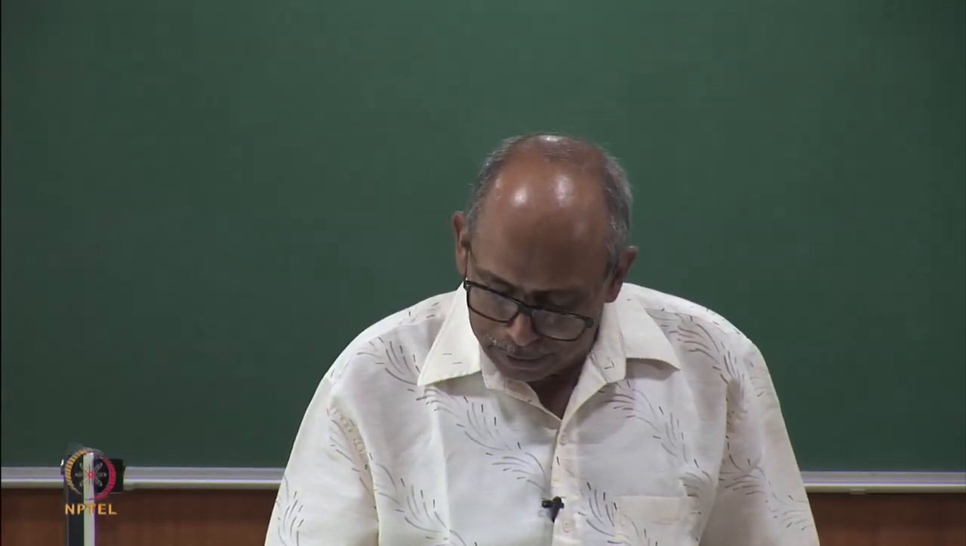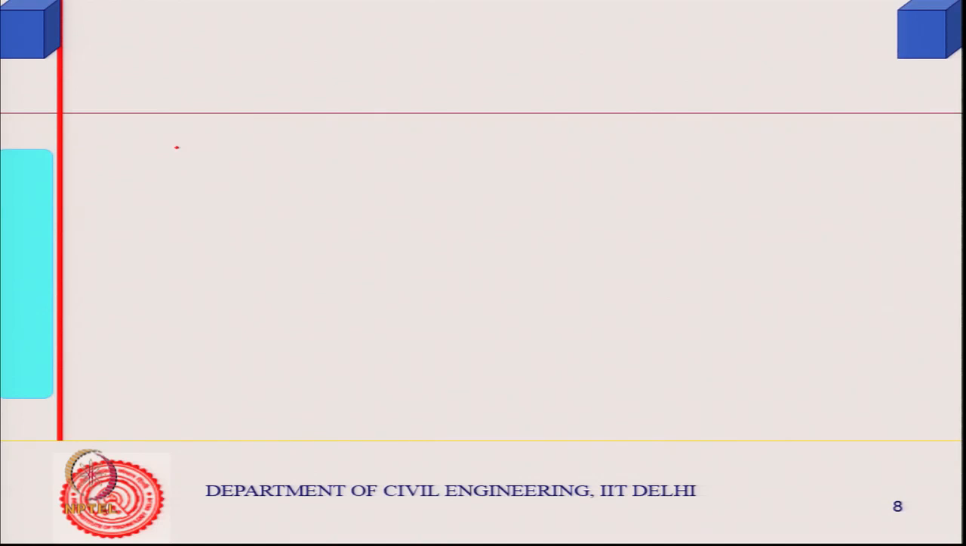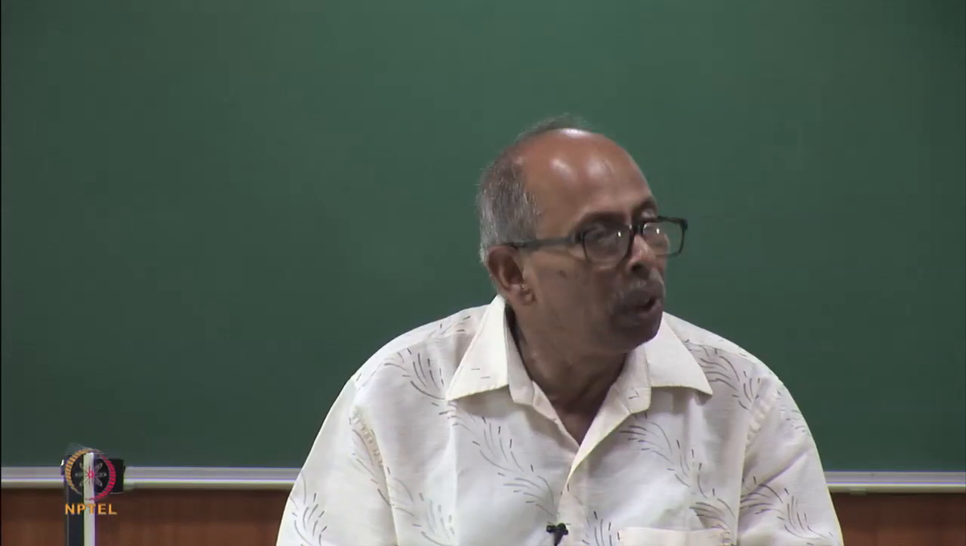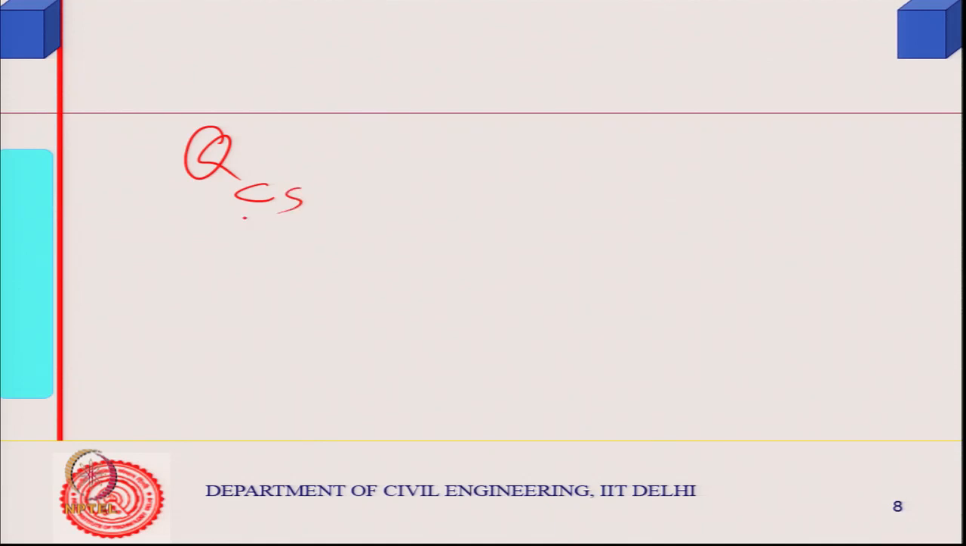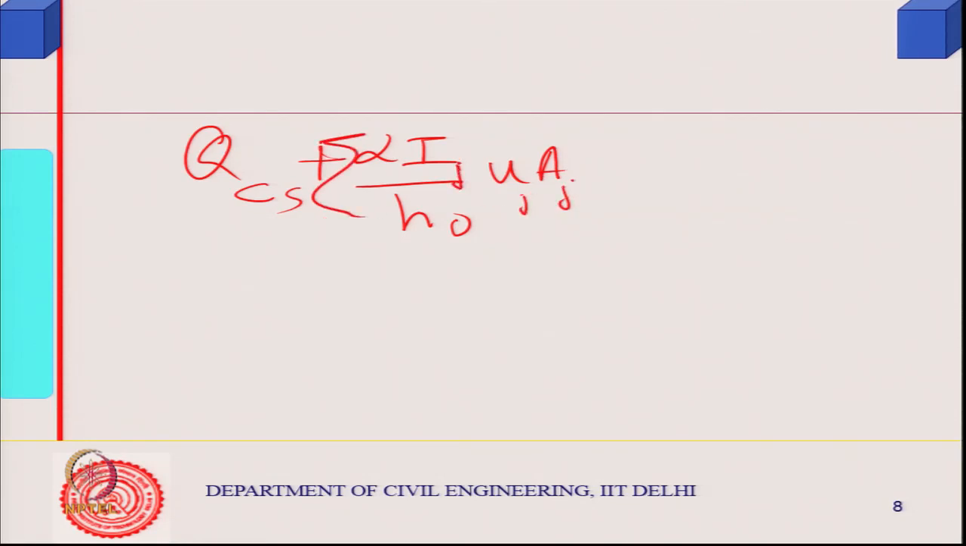Okay, so what we have seen is that there are two terms, if you recollect: the casual heat gain Q, I think we did QCS, plus alpha I by H naught into U into A, sigma of this, sum over j of a_j I_j, because this will be all average radiation. This is the average part of the heat gain,